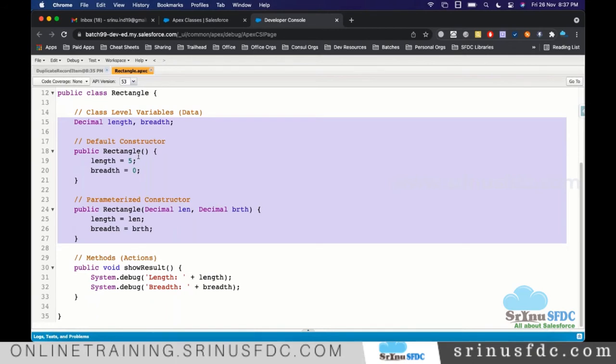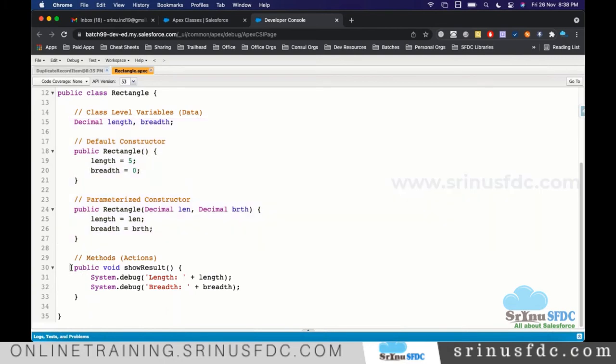And also, one point: the constructor will be executed only one time, at the time of creating the object. Let's say you have a requirement to execute the logic again and again, to call it again and again. Then we have to keep that logic in a method. A method you can call any number of times, 100 times or 1000 times, as per the requirement.